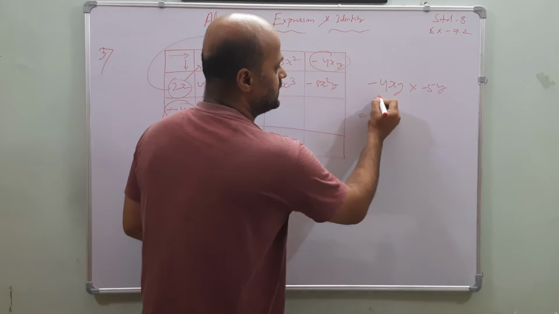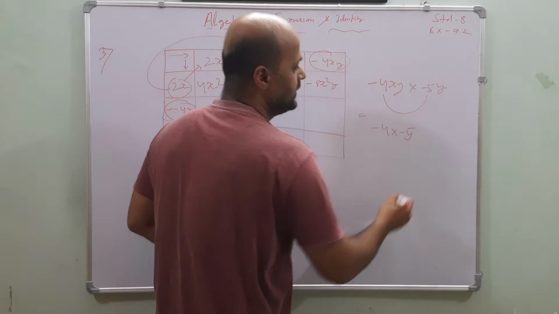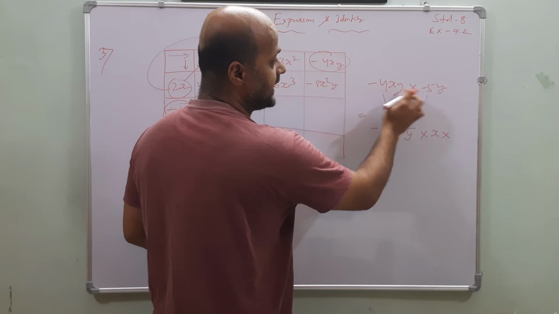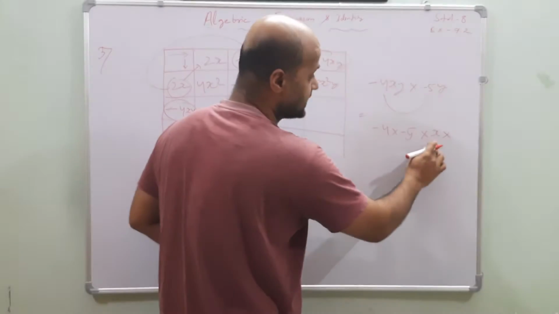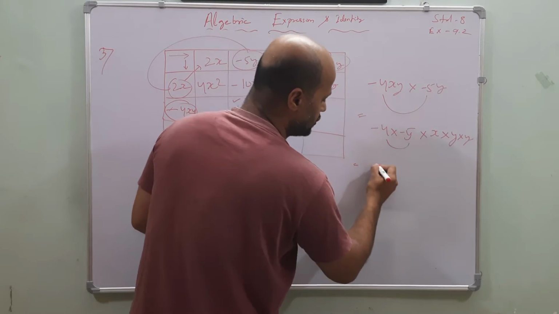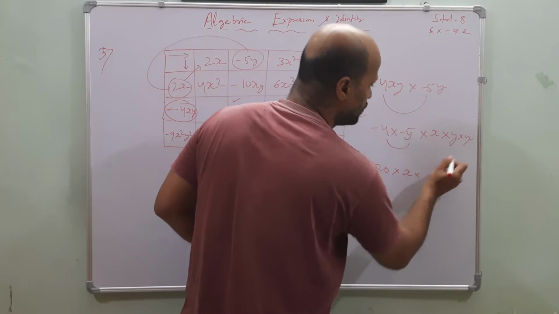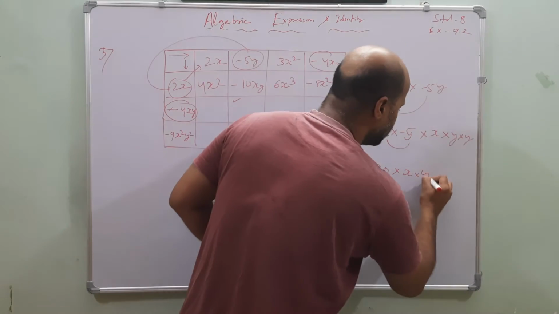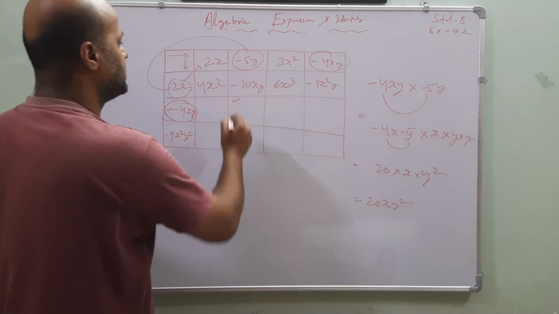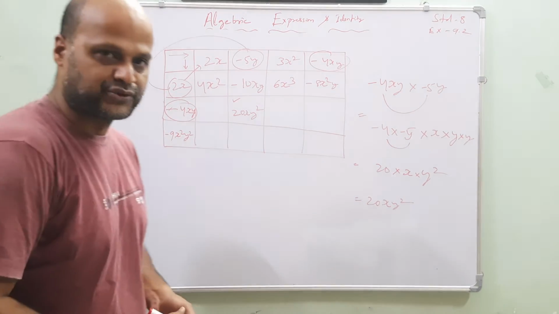Same process. Constant will be multiplied with constant, and variable will be multiplied with the variable. Here x is there, here x is not there, so right here x is as it is. y becomes multiplied with y. Minus into minus is plus, 4 5s are 20, into x into y, y square. So the answer here is 20x y square. Like this you have to solve it, my dear friends.